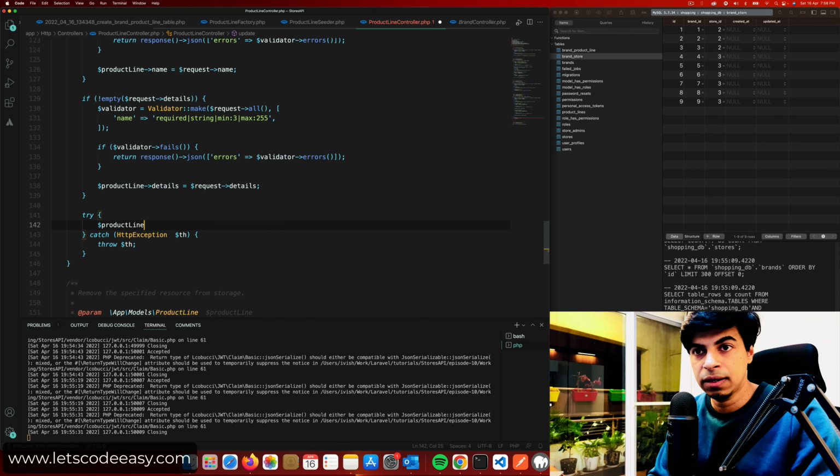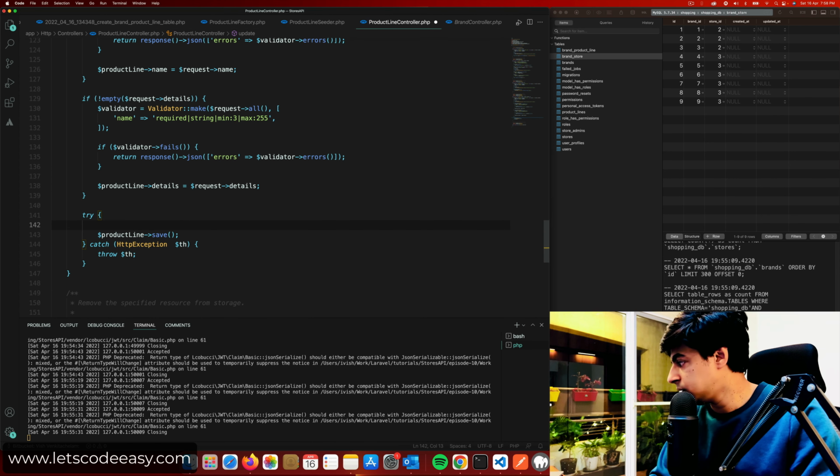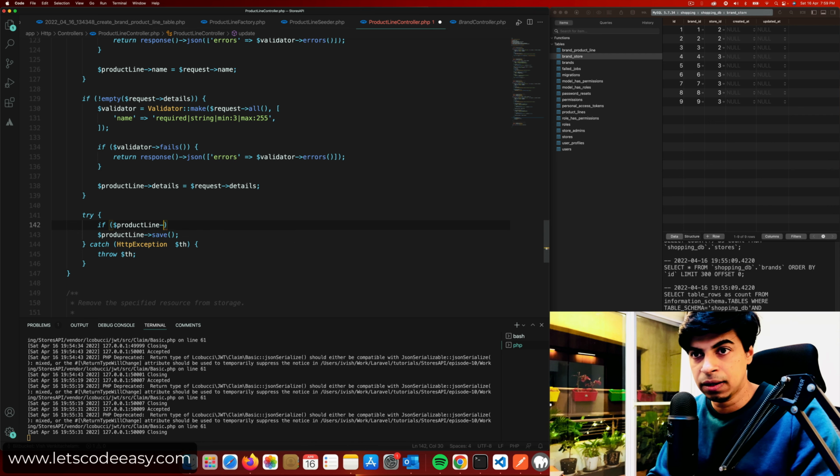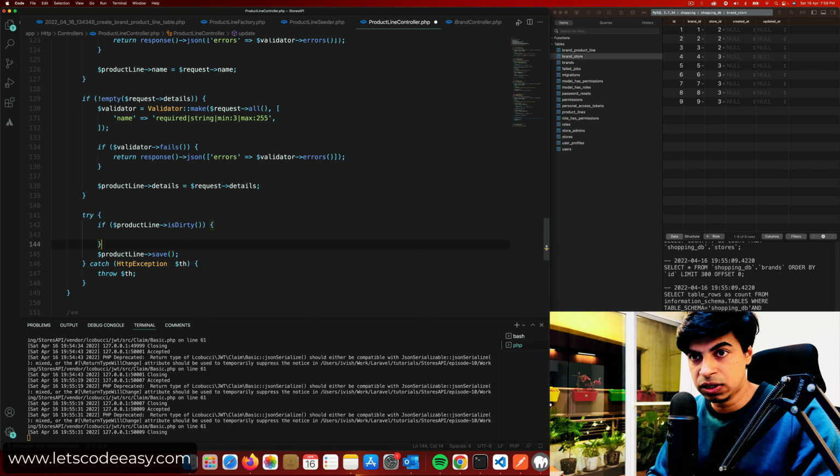Product line save. I just need to check whether this is dirty or not before I store. That is one check we can always do. If unnecessary, we don't need to save it. If the product line is dirty, we can go ahead and save it. And then once saved,